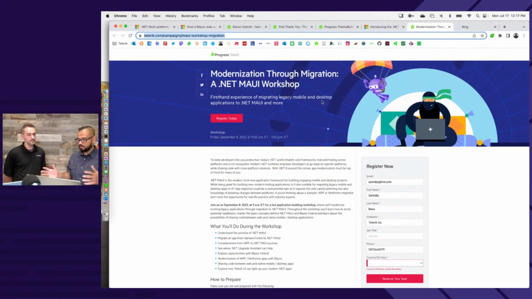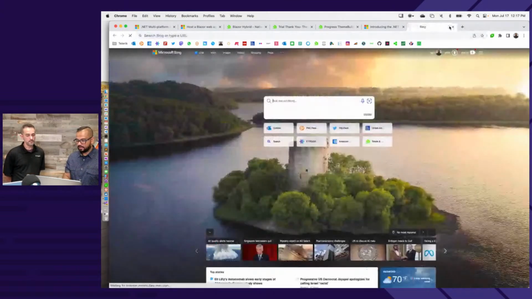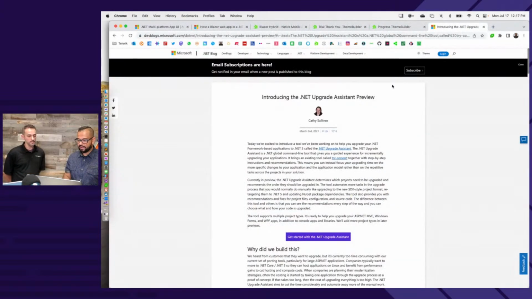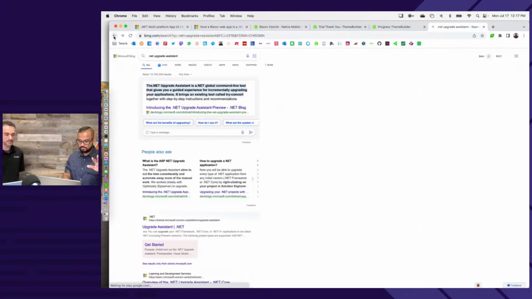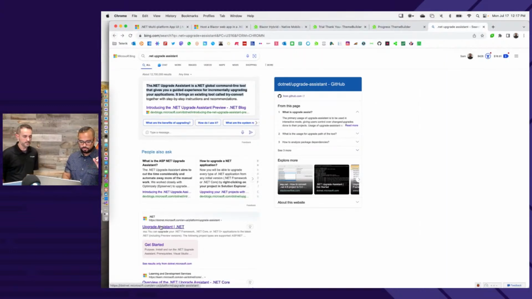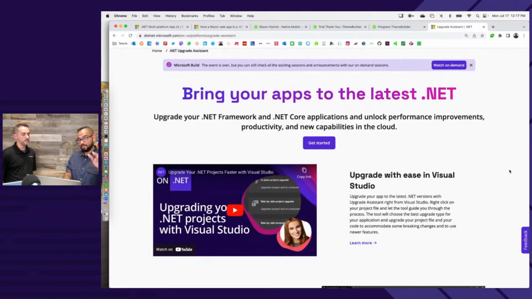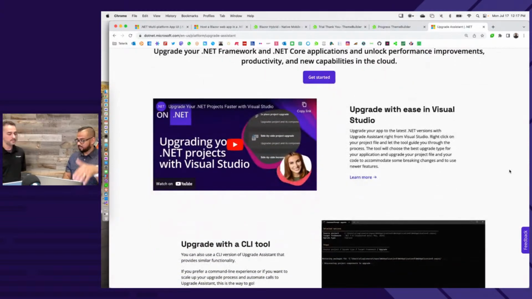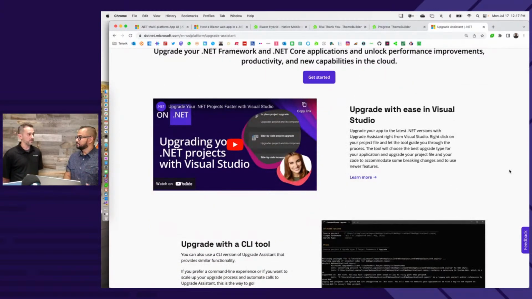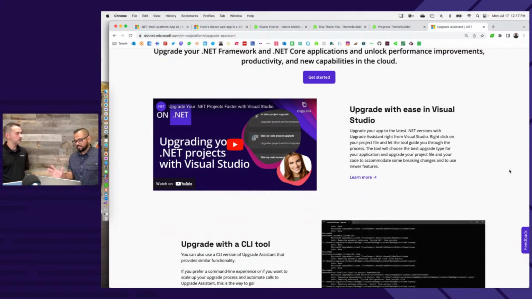Now Ed's going to talk about all of the ASP.NET migrations, from web forms or MVC over to Blazor and modernizing your code base. Essentially what I was trying to say is, this one's a landing page, but I would rather take you to the Upgrade Assistant. This page here, they have done a lot of work. This used to be all command line, and this is Alia and their team. Now this is all integrated inside of Visual Studio. It's very nice. So it comes down to your dependencies.